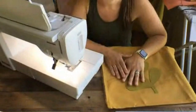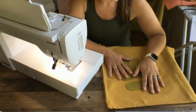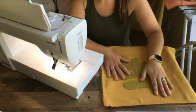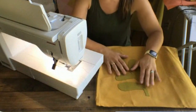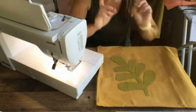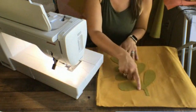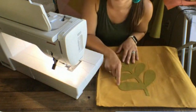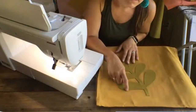Now, here is the way that I applique. There are 100 different stitches that come on so many different machines, right? And I've always said, when it comes to sewing, when it comes to crafting, there's a million different ways to do the same exact thing. So you can totally do zigzags. You could do a satin stitch right along the edge. That's more of a traditional applique, where you have a really tight satin stitch